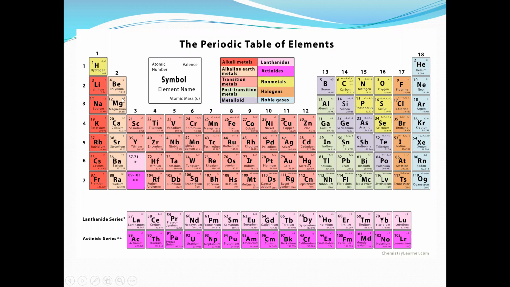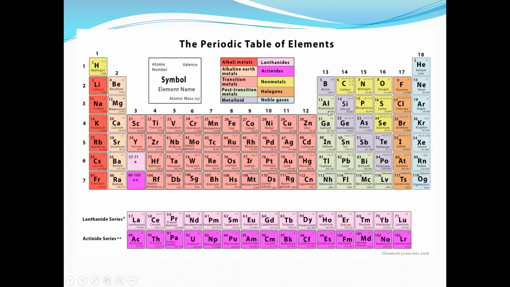The first two groups we are calling the S block elements. The first group is the alkali metals, the second group is the alkaline earth metals. This one we already learned in our 11th standard. Groups 3 to 12 we are calling the transition elements, that is the D block elements. Groups 13 to 18 we are calling the P block elements. In this chapter, we are going to learn about the P block elements only.